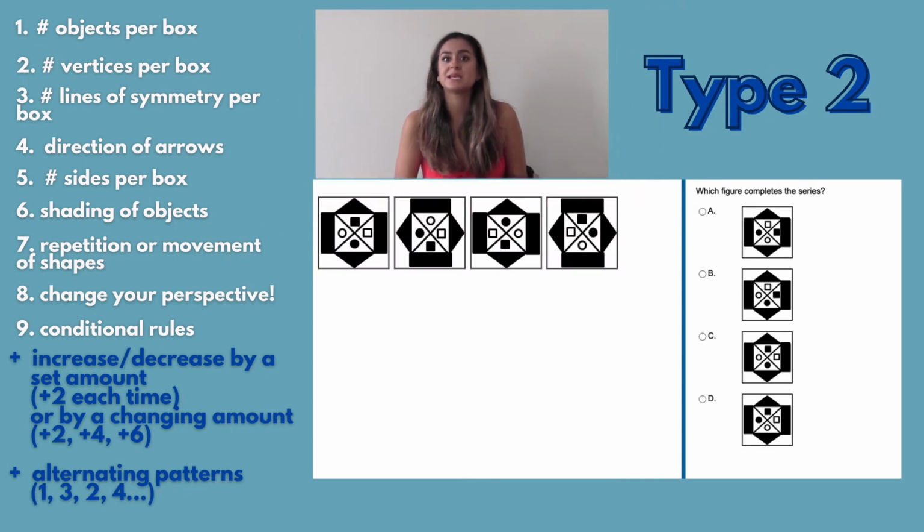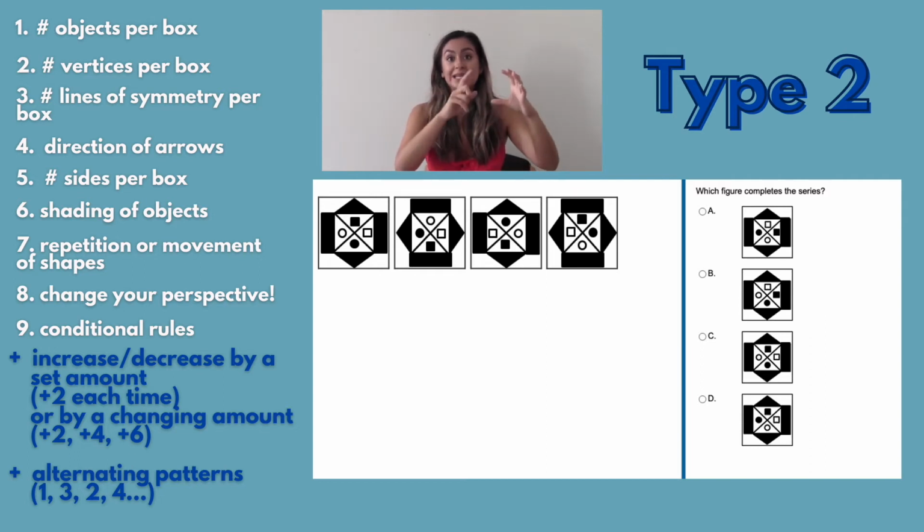Sometimes when you look at the whole box, you might get a little bit confused because it seems like a lot of things are going on. What we also advise is looking out for key patterns. So again, make a list specifically for question type 2. Although some of the things will be the same as question type 1 rules, the thing that might be slightly different in question type 2 is that the pattern sometimes goes up in even numbers. So for example, the sides increase by +2 on each go. So you've got 2 sides, then 4 sides, then 6 sides.